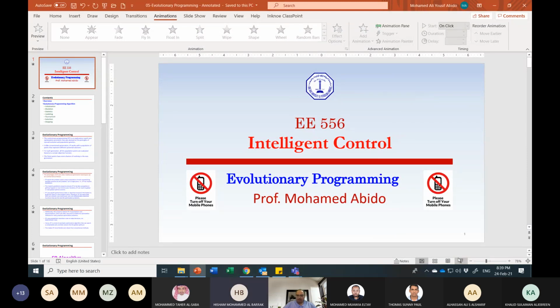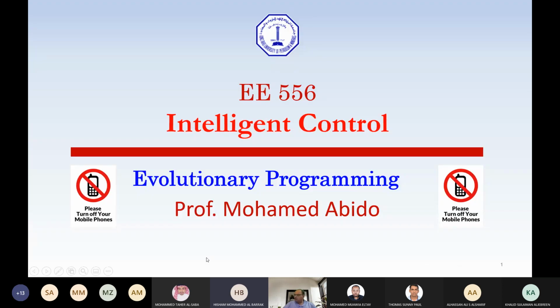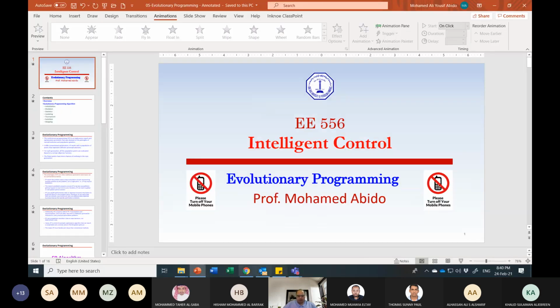Sorry, Doctor, for the interruption. I have a small question regarding this toolbox. Is this toolbox especially for genetic algorithm? It's not for genetic algorithm. This is for different optimization techniques. You can have mixed integer linear programming. If you read it here,